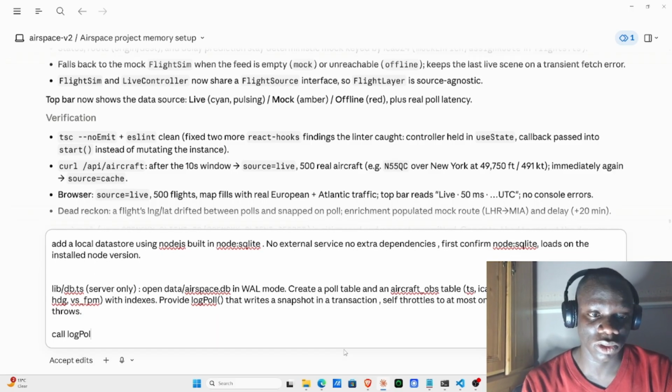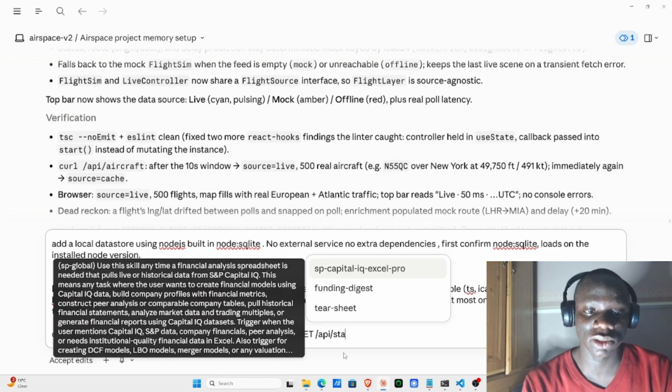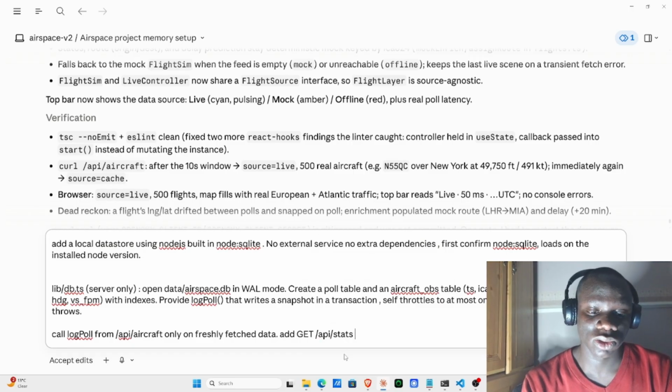Call log pull from API slash the aircraft only on freshly fetch data, add get API start, returning row count. Now, yeah, we've been adding a lot of